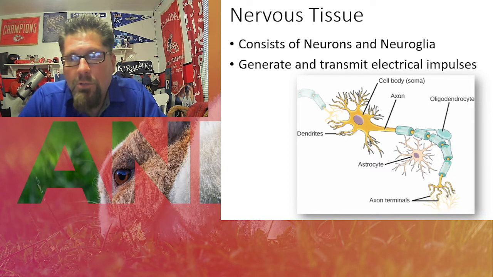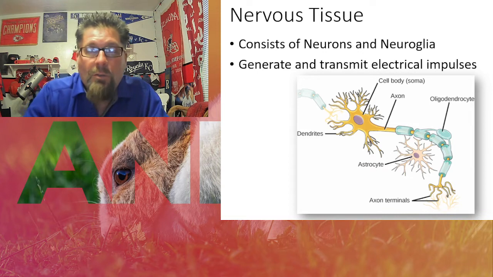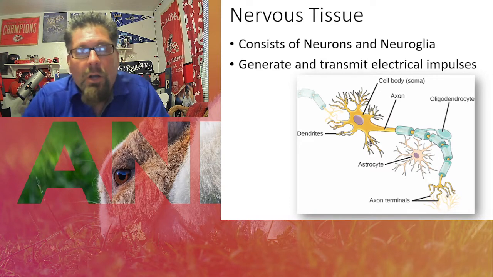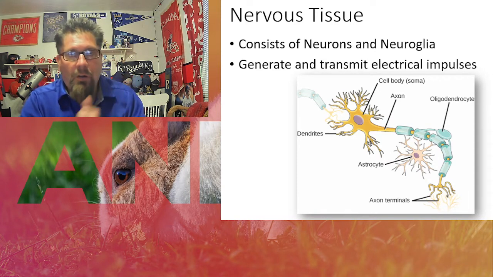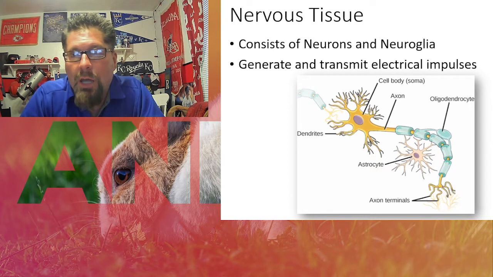Then you've got your Schwann cells, which aren't labeled. Well, that's the greenish blue roller, plastic-looking things around the axon, which is the long rod all the way through. And then you've got your axon terminals on the other end, your synaptic knob, where you're passing the information on to the next